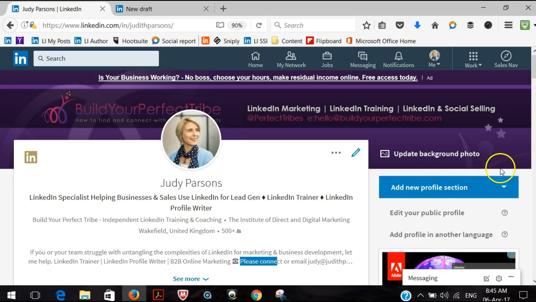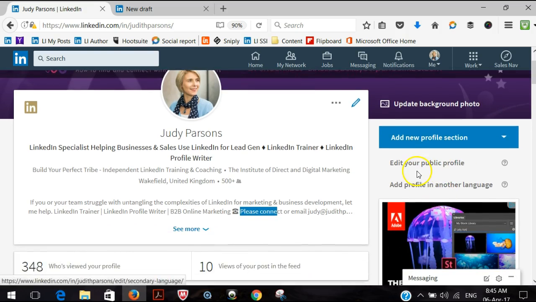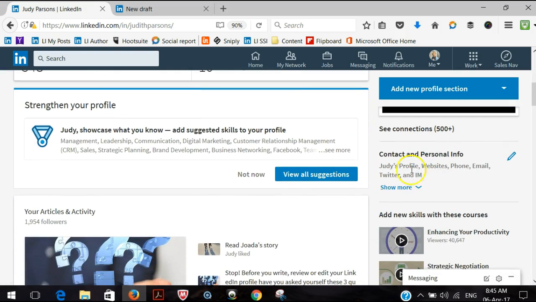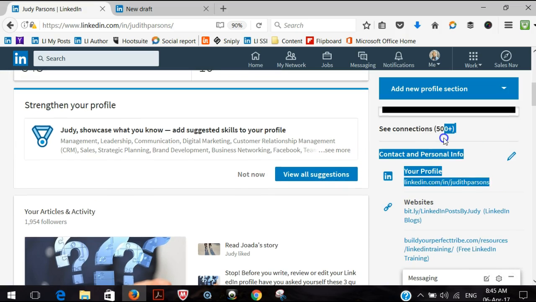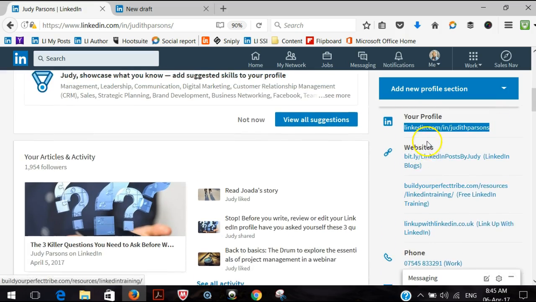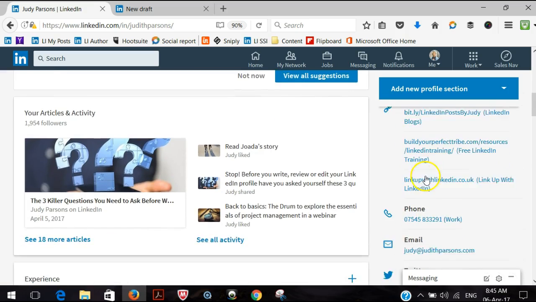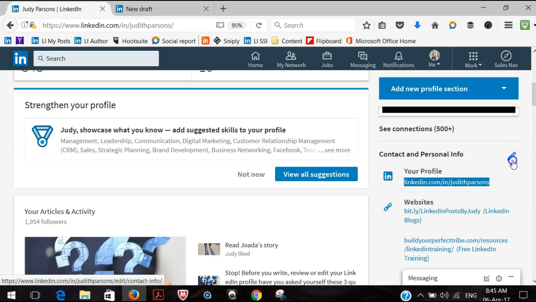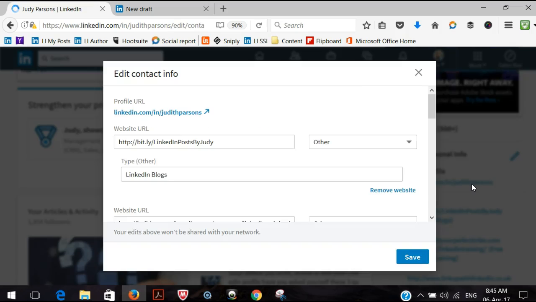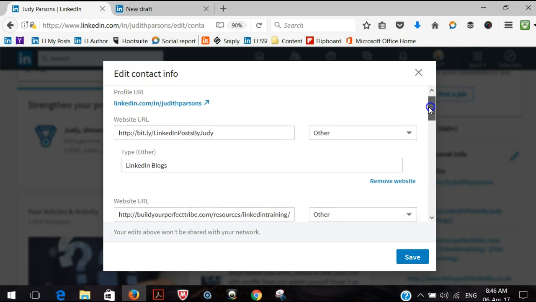Over on the right hand side here, if I just scroll down, this is where your contact information is now. If I click on show more, you can see that's my LinkedIn profile URL there. These are my websites that I've set up, my phone, my email, and my Twitter. Now, you can't edit your Twitter from here anymore. You have to go into your privacy and settings and add your Twitter there. If I click on edit contact info,